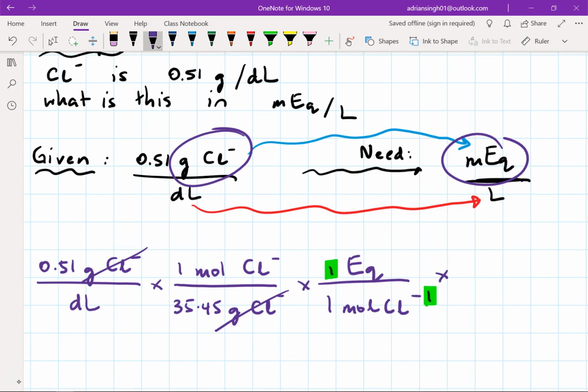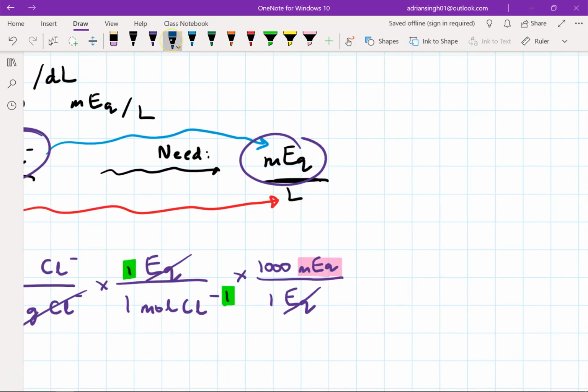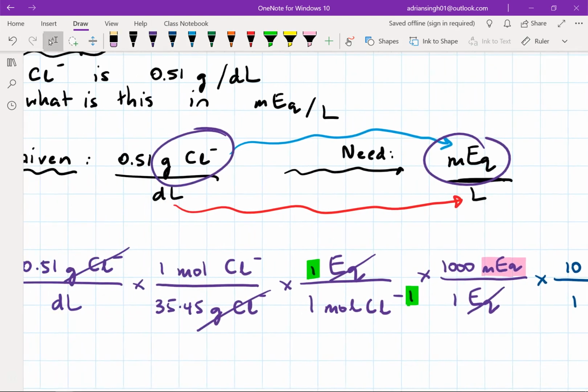And to get from equivalent to milliequivalent, that's a metric relationship, right? So for every 1 equivalent, we have 1,000 milliequivalents. So equivalent goes away. So right now we have our milliequivalent unit on top, which is great. And then to go from deciliter to liter, we'll do that one in a different color, maybe. So to go from deciliter to liter now, deci meaning 1/10, we have 10 deciliters for every liter. So then the deci can cancel all the way